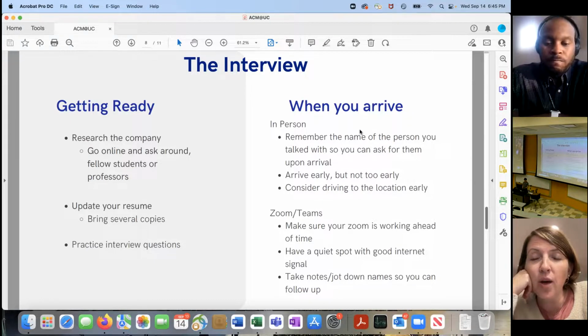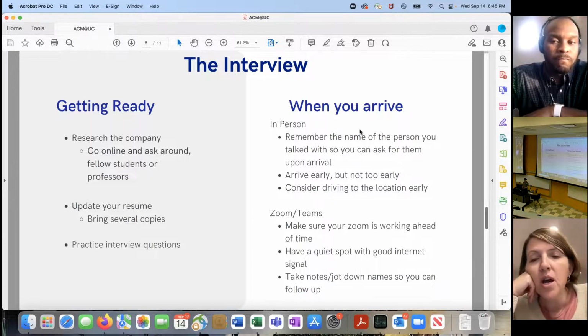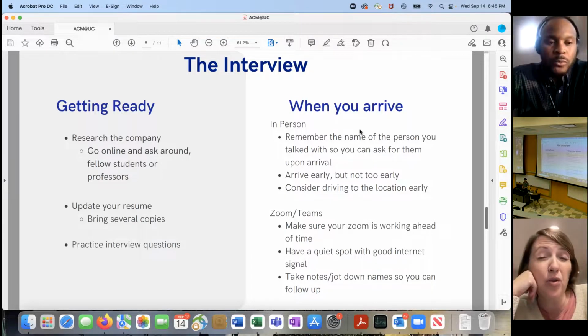You can generally go online and find some typical interview questions, but think through those answers. Maybe have something formulated ahead of time so that you don't get nervous when you're actually in the interview itself. And also, if you do know other students that have done co-ops there or interviews, maybe you can, as part of your research, ask, hey, what did they ask you when you were interviewing? What should I be prepared for?